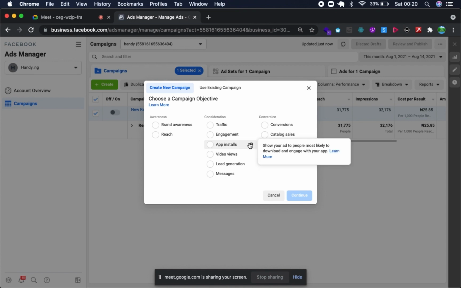App install. This is if you want to run adverts on apps. But for you to do this, you have to sign up for Facebook developers, and that is the way you can link your Facebook to your app, because Facebook won't know, it will dynamically show you the link to the Play Store or Apple Store according to the kind of OS that you are on. So it's important that you have